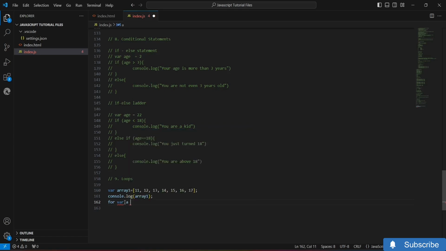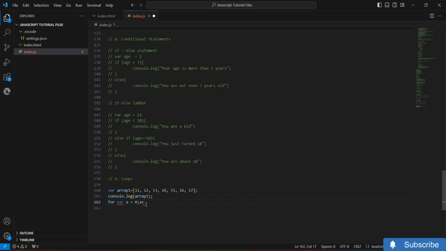Let's go with a, put equal to, and put the value of a as 0, then put the semicolon. Now I will put that a should be less than